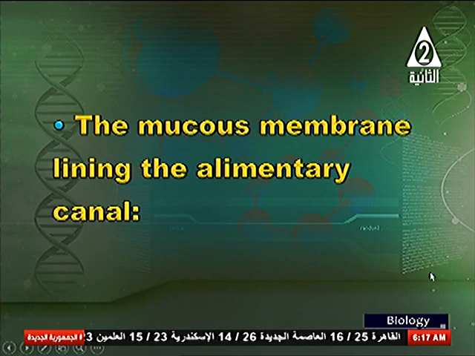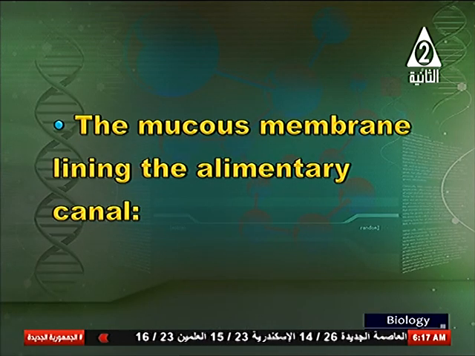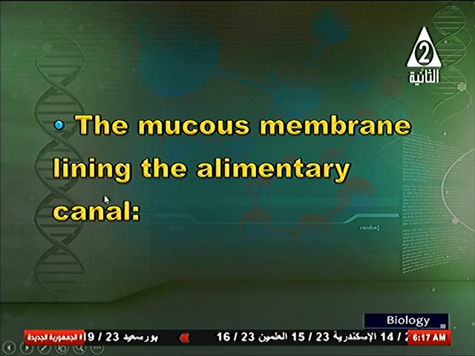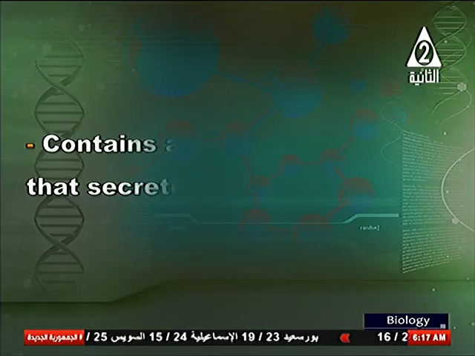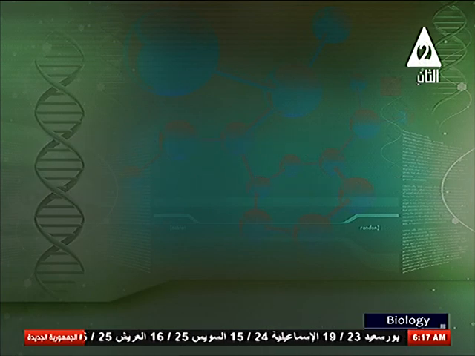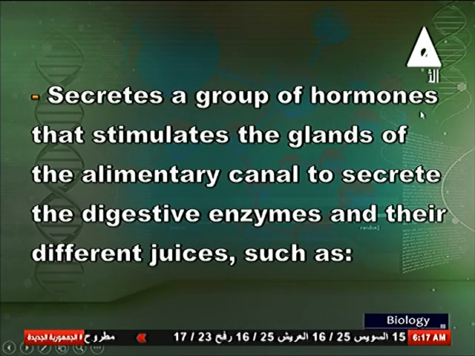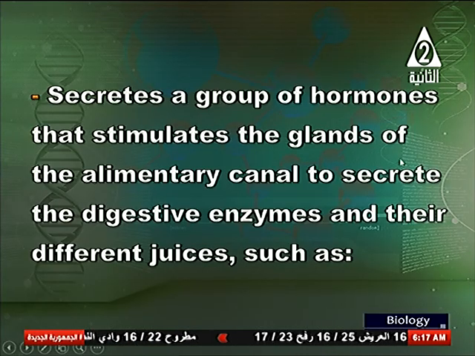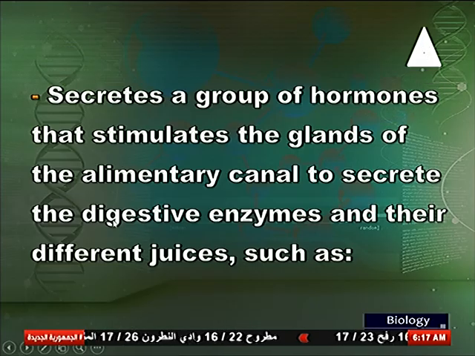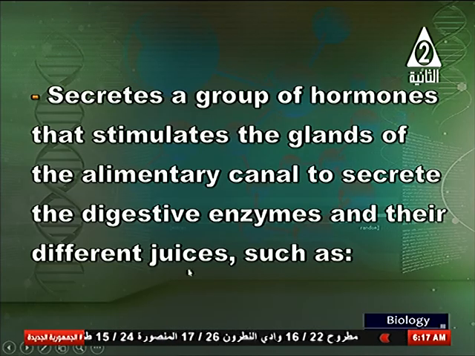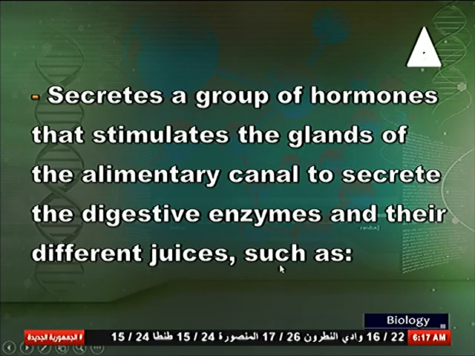Why? Because the mucous membrane lining the alimentary canal in the small intestine contains a group of cells which secrete digestive enzymes. Also, it secretes a group of hormones that stimulate the glands of the alimentary canal to secrete the digestive enzymes and their different juices, such as